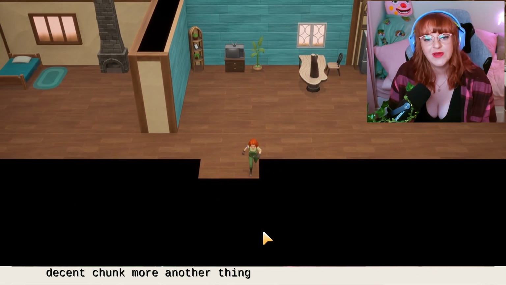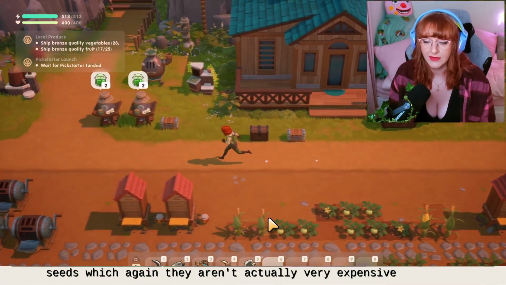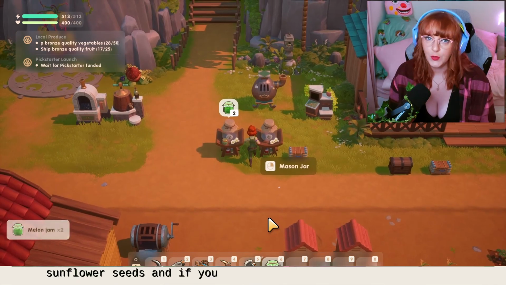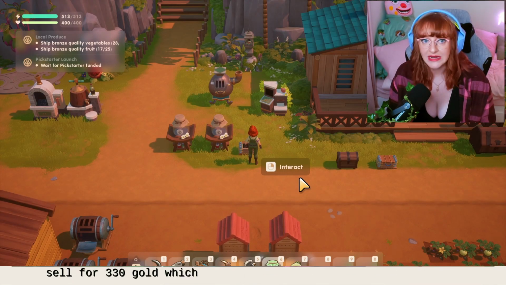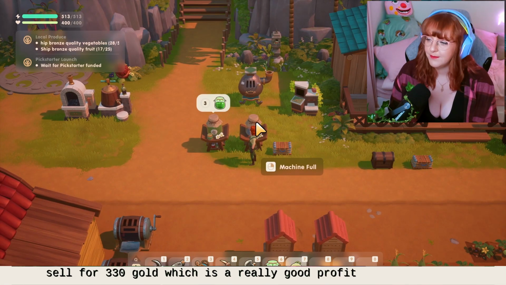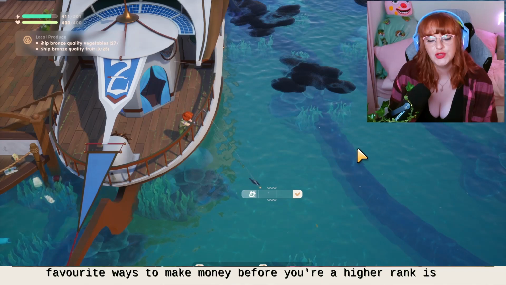Another thing you can do is buy sunflower seeds, which again, aren't actually very expensive at all. And if you put those in your bee house, they will sell for 330 gold, which is a really good profit. And then my favorite way to make money before you're at a higher rank is to get up first thing in the morning,